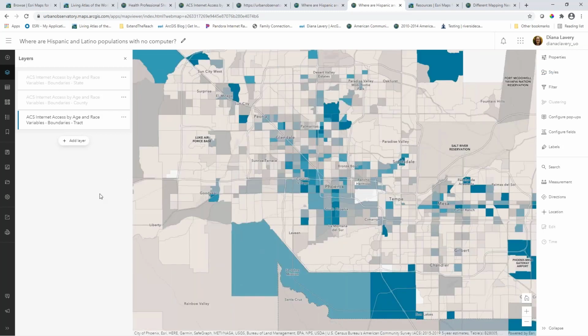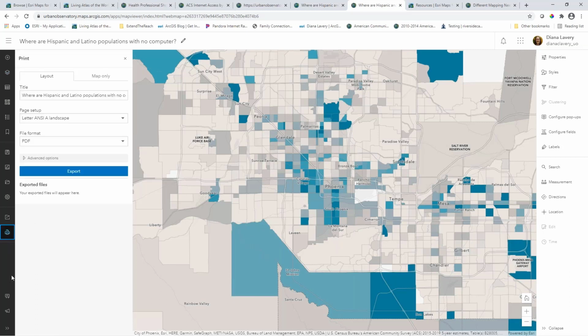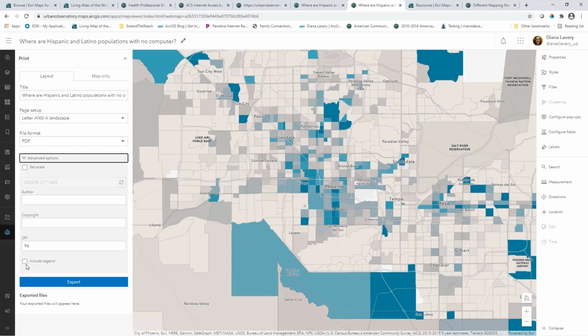One thing we hear about from customers is sometimes I just need to print my map as a PDF. Well, now in Map Viewer Beta, we have a lot more options for you to include a legend,